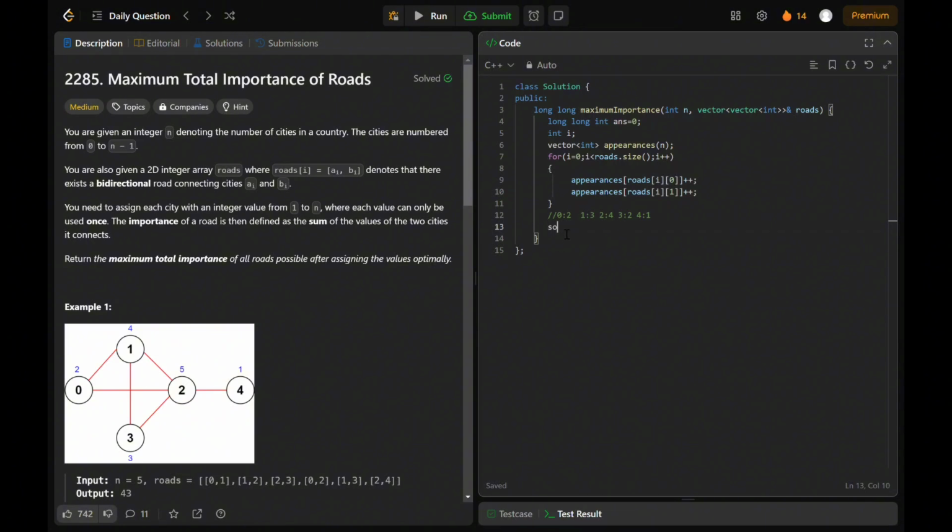So what we can simply write is sort, our array name appearances dot begin and appearances dot end. And after this, as we know all the number of times cities are appearing, we can just simply multiply with the current importance of them. Okay, so after sorting this array, what will happen,